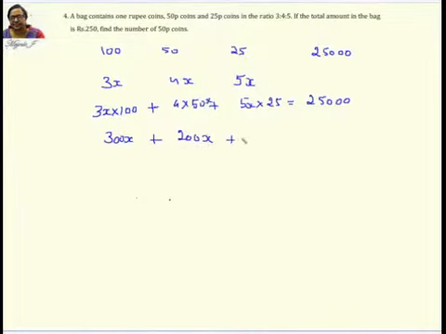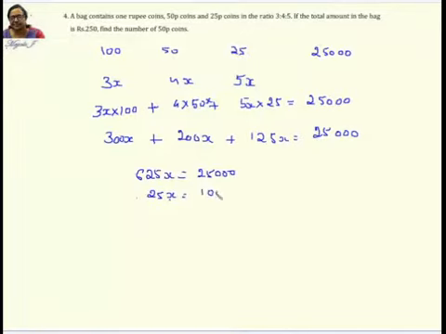175 plus here is going to be 125x. 125 times this is going to be 25000. So this is 500 plus this is 625. So 625x equals 25 followed by 30. So 625 in 25, how many times will it go? In 25, 40. 25x is equal to here 1000. Therefore, x is equal to 40, ma'am.